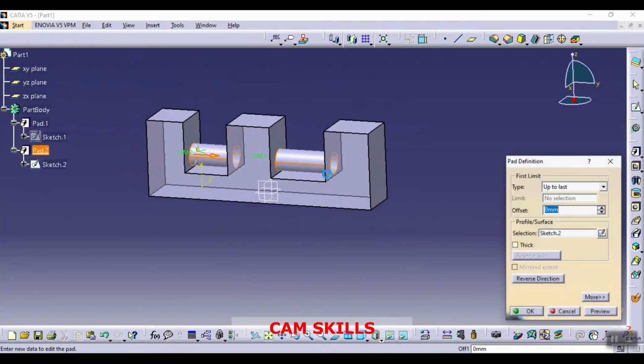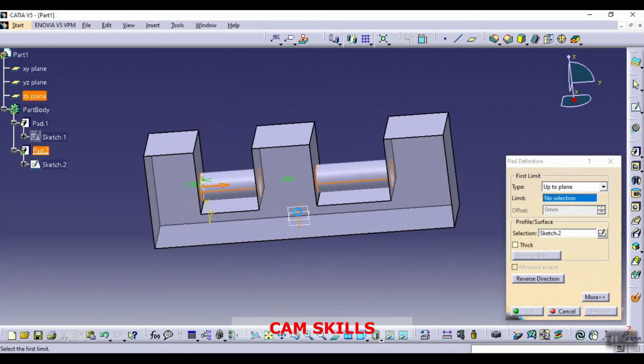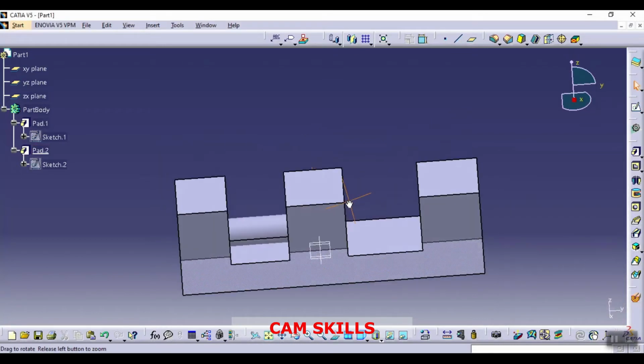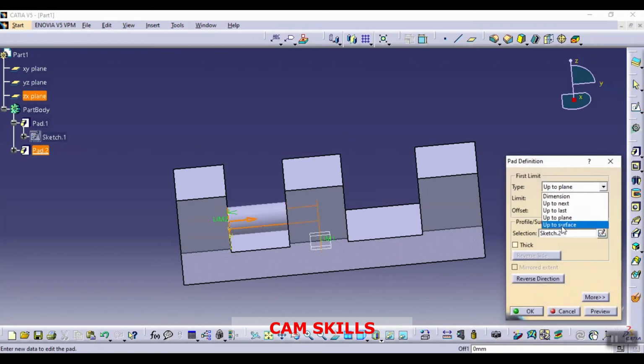Now let me change it again. Now we have the up to plane. Okay, suppose I'm selecting this plane. You can see this is a plane. I'm selecting up to this plane. Okay, so your part will be created up to this plane here, but this will merge with this part. Check the preview and okay. So this is the up to plane option. Now the last option we have is up to surface.